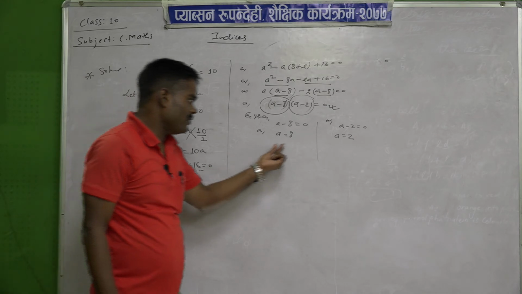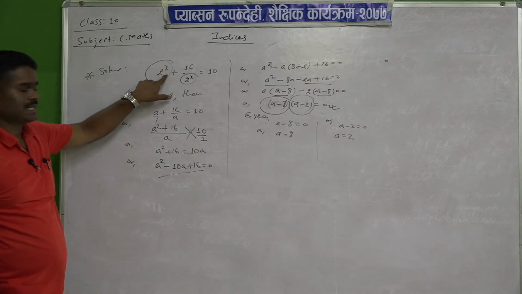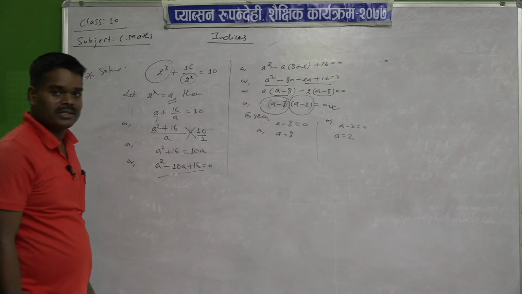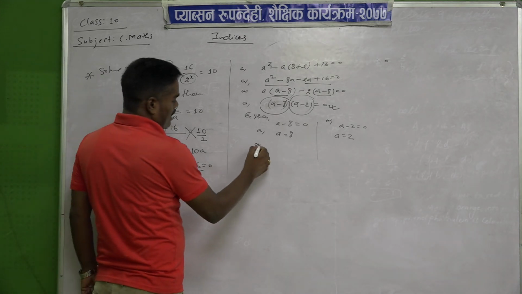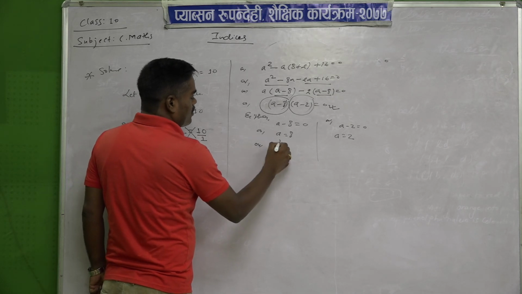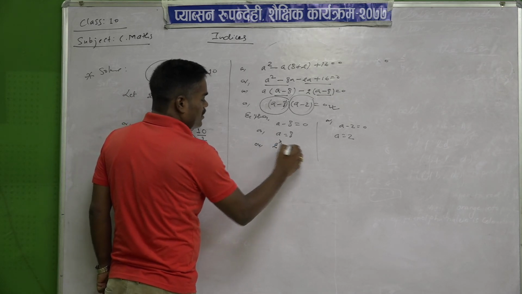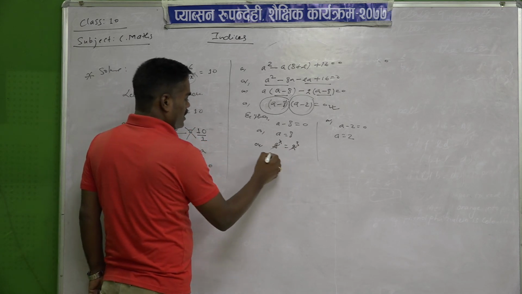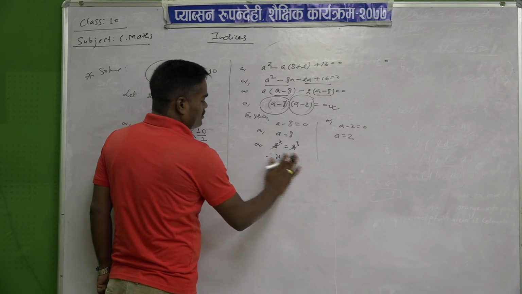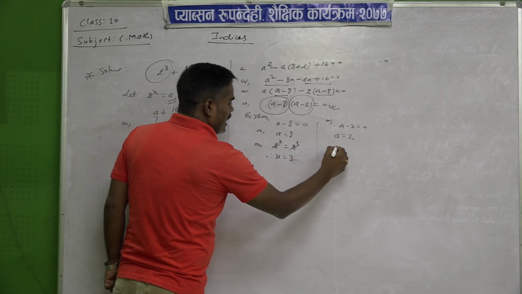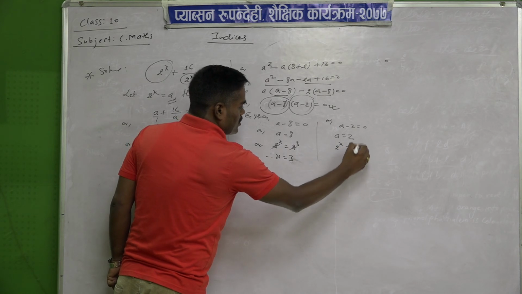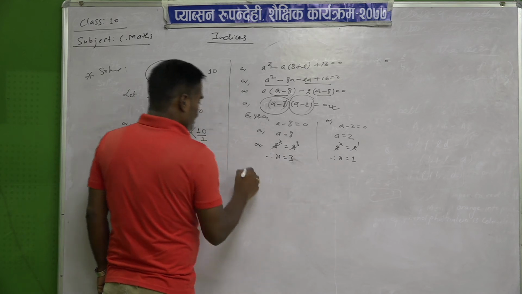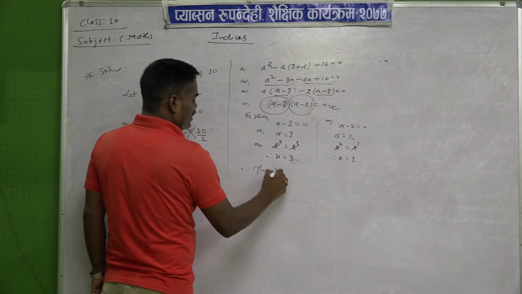So we have found the value of a, but what we have to find out is the value of x. What is a equal to? 2 power x. So in place of a, keep the value 2 power x. Here we can write with the same base, 2 power 3 means 8. So 2 cancels, x equal to 3. And here 2 power x, 2 power 1 means 2, cancel, x equal to 1.